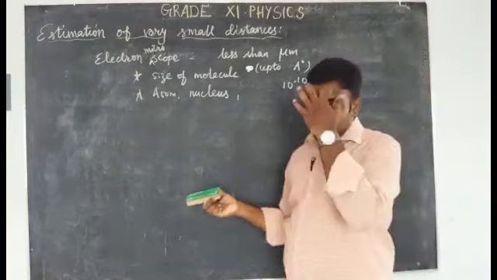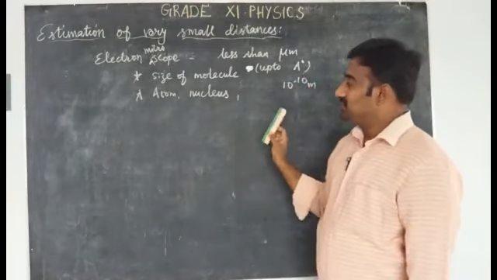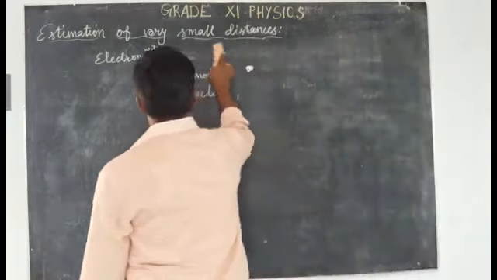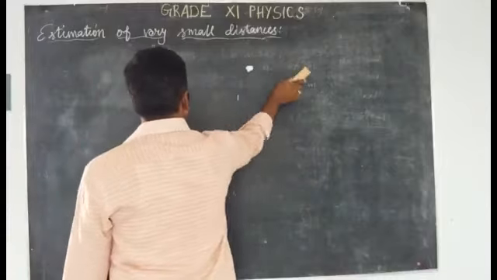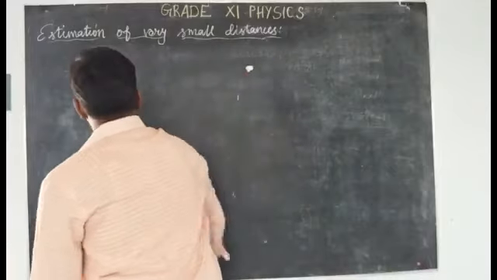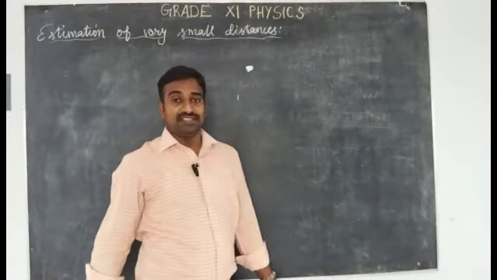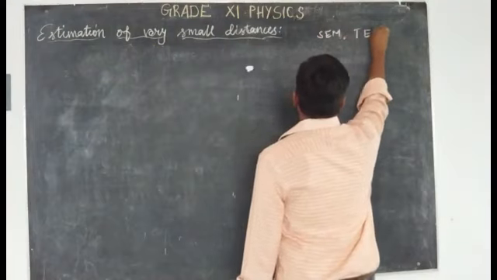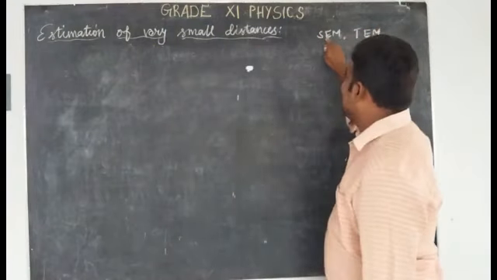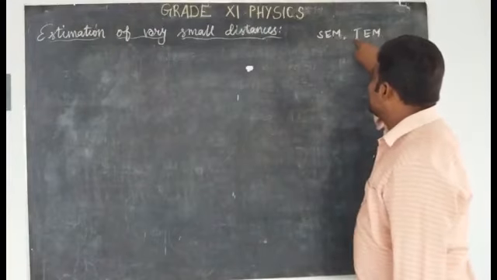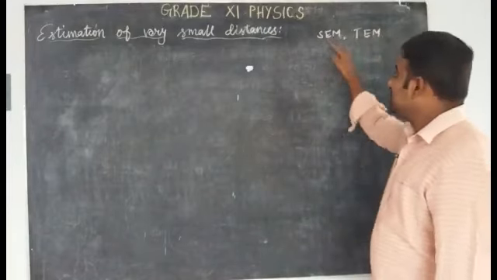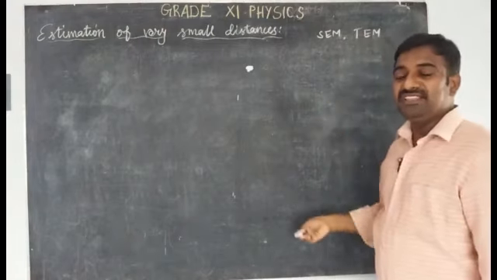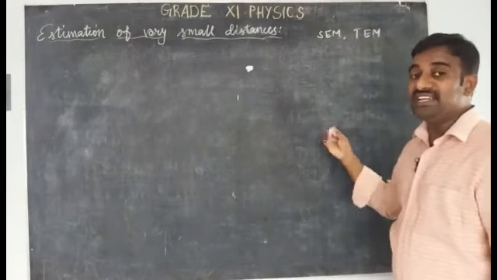So now, using an electron microscope, not only the electron microscope, generally our aim is to determine the size of very small distances, like going to estimate the size of a molecule. But nowadays, tunneling microscopes are used in some research fields. STEM and TEM. STEM means it is not a semester, it is a scanning electron microscope. Similarly, TEM means tunneling electron microscope. So these are the two microscopes used nowadays in research fields to observe many small things in a detailed manner.